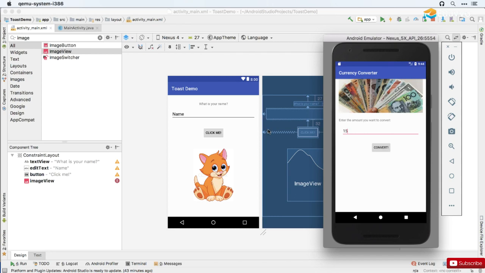it's also a bit more than that because you'll learn a little bit about variable types. If you try and take the value of the text field and then multiply it by 1.3 to convert it to dollars, you'll find you get an error because this is a string and you need to convert it to a number type, what's known as a double, in order to multiply it by 1.3 to get it to dollars. So you'll need to write some code to convert the string to a double, then multiply it by 1.3 to get the dollar amount, and then convert it back to a string to be able to display it in the